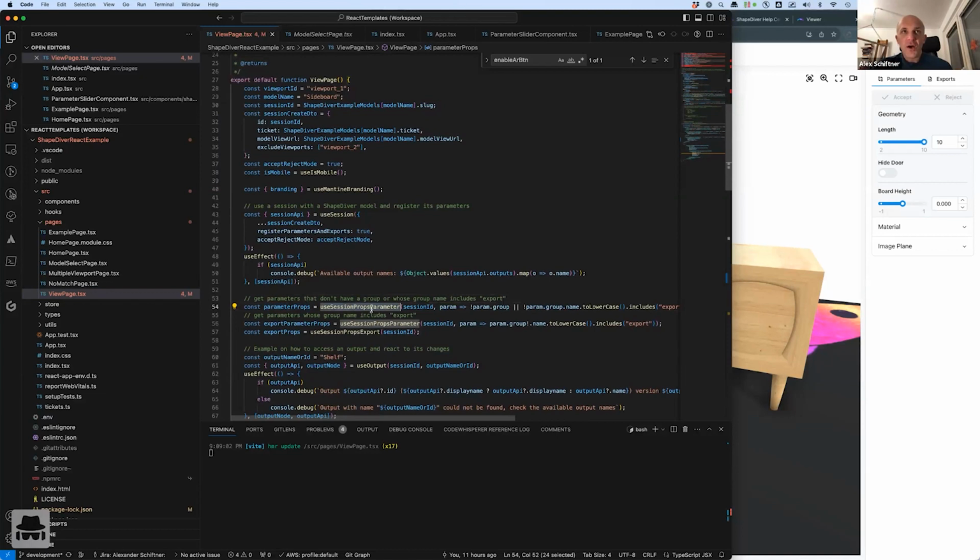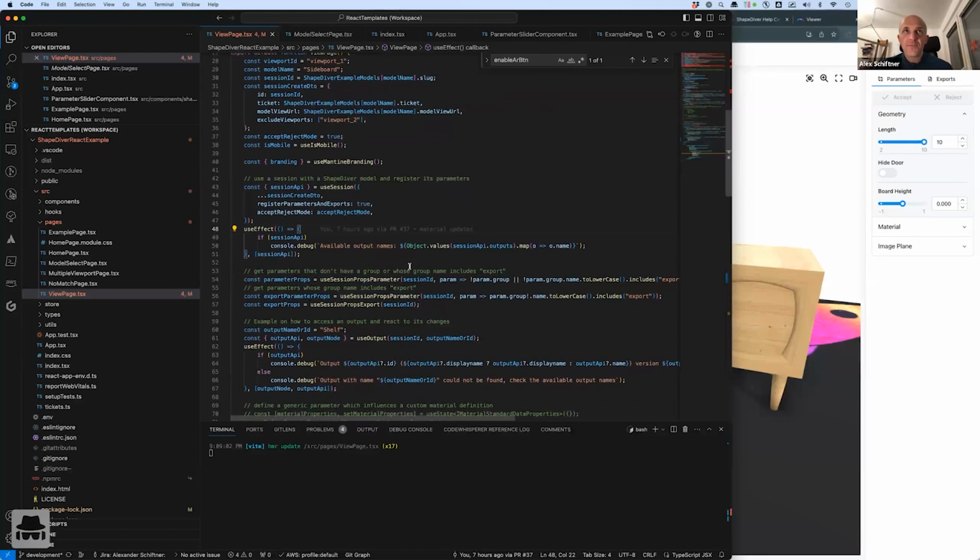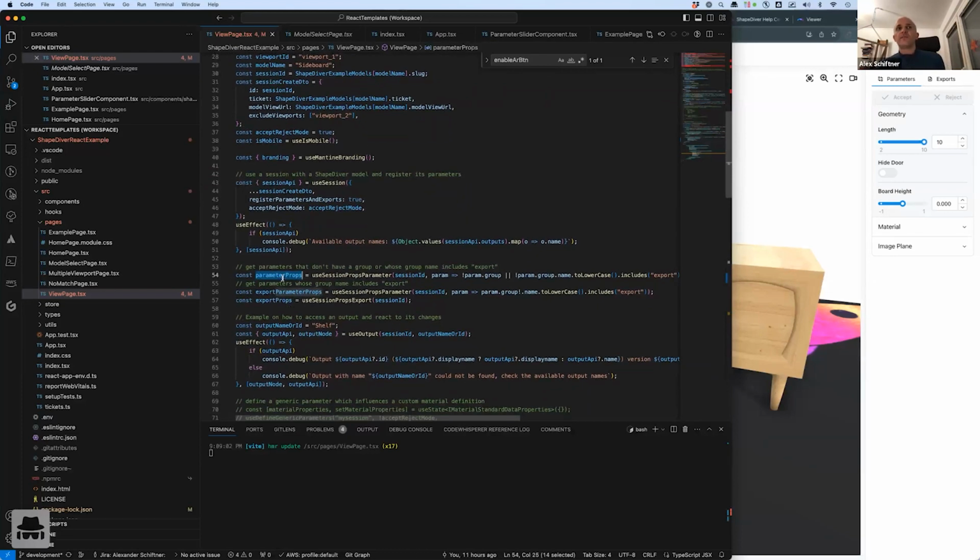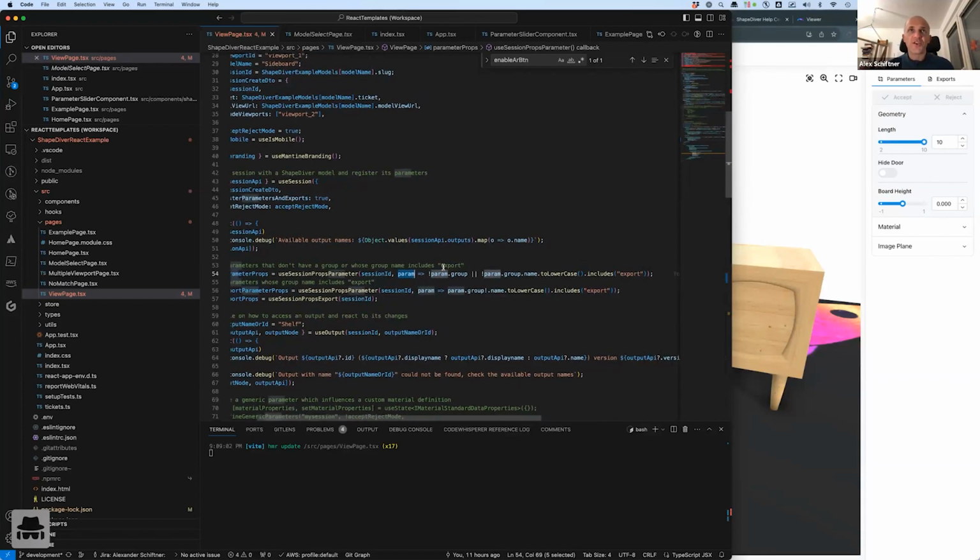So I want to show you now how you can influence which kind of parameters of the ShapeDiver model show up here in the parameter panels. The variable parameter props here hooks into state, and here we specify a session ID. That's an ID for the session with a ShapeDiver model. In this example, we have exactly one session, but we could have multiple ones. And as a second parameter here, there's a filter function. So if I remove that filter function for now,